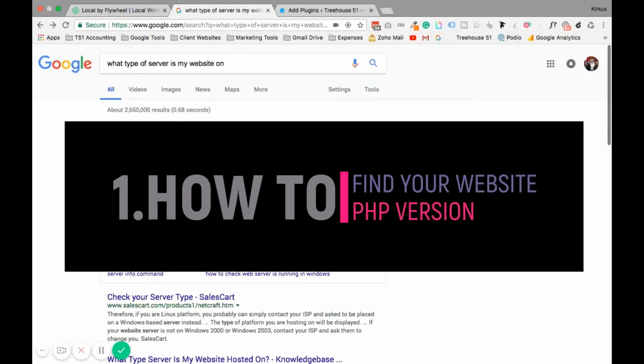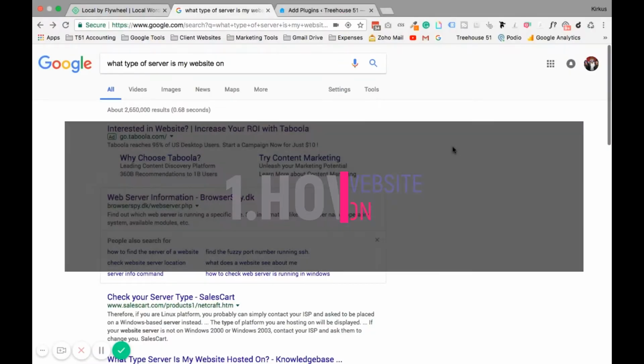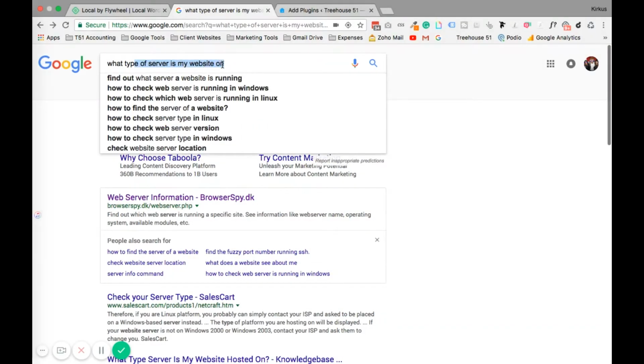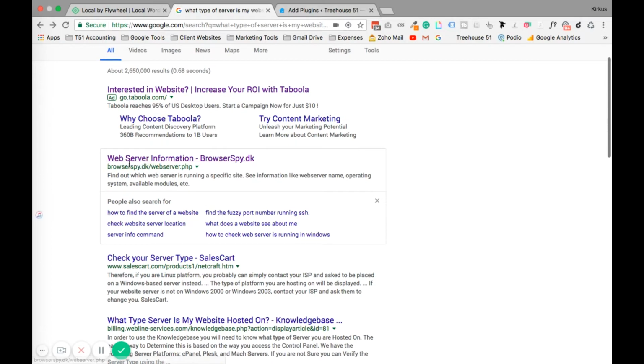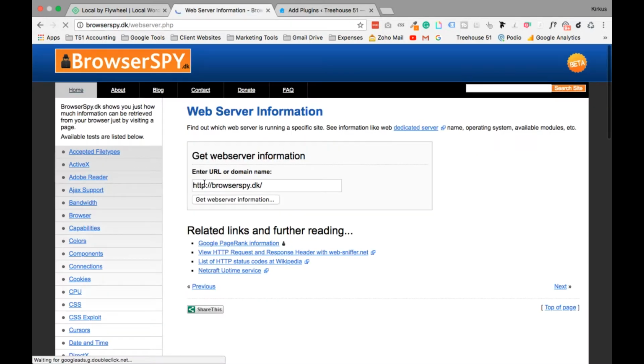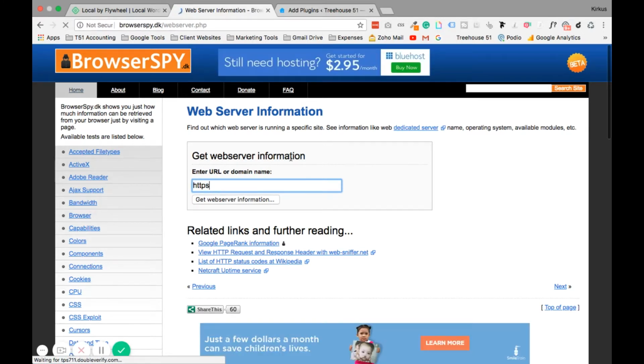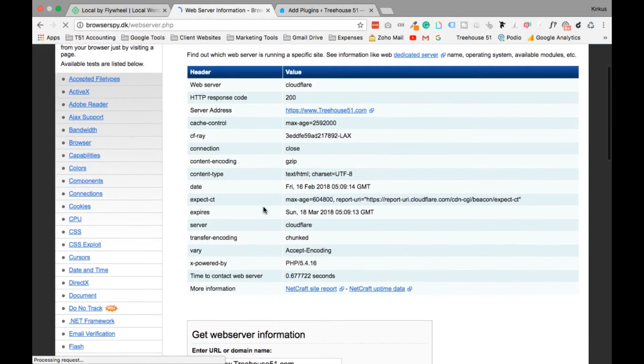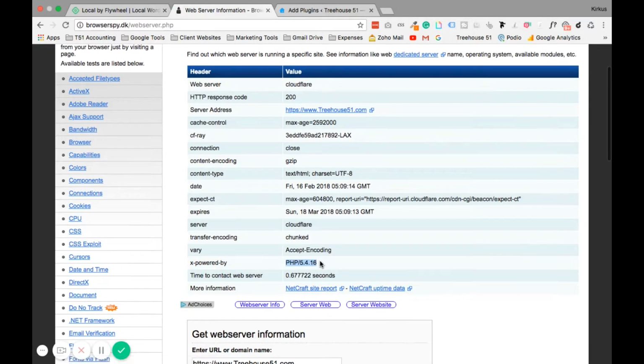If you're not sure which type of server you have or what your PHP version is, the easiest thing to do is literally just Google it. What type of server is my website on? And then go here to this first one, web server information. Put in your website URL. And then it will give you all this information, and what you want to go down to is right here. So it's PHP